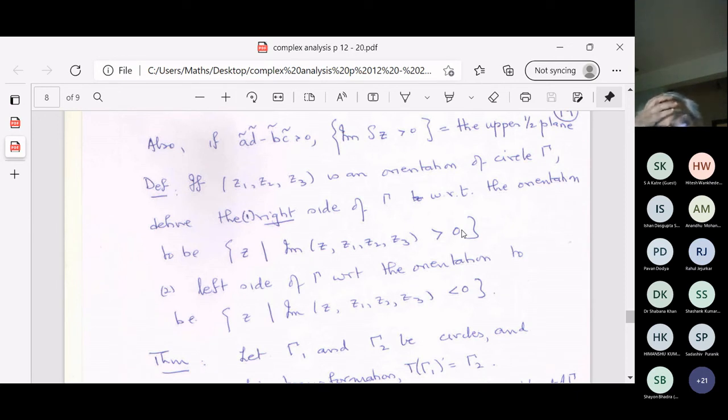The right side of one circle or straight line is mapped to the right side of the image circle, preserving orientation. So the Mobius transformation has this property that not only are circles and straight lines mapped to circles and straight lines, but the left side of that circle or straight line, once you're given the orientation, is preserved too. Once you're given the orientation, you can talk about the left side. What is the left side?